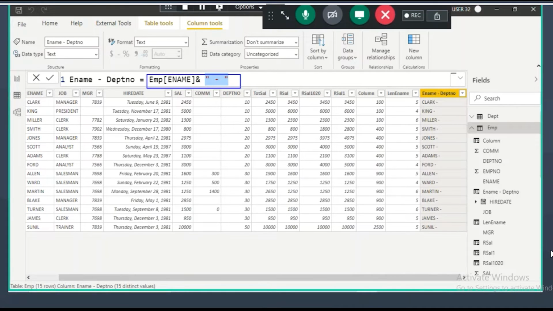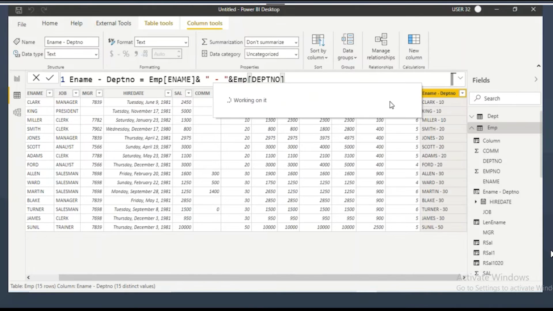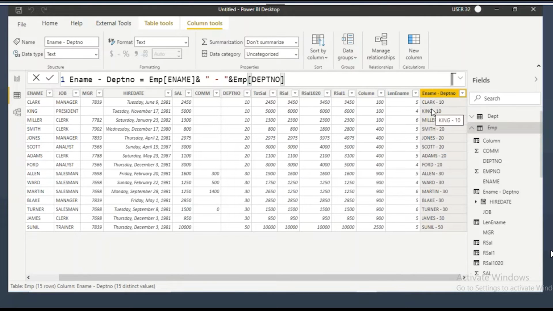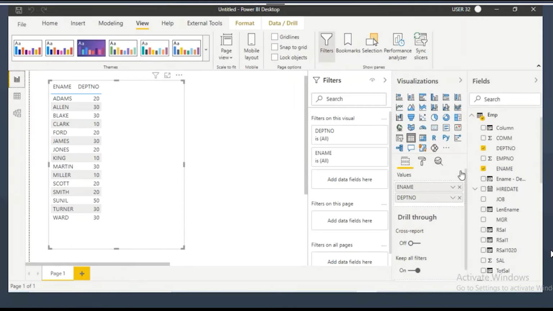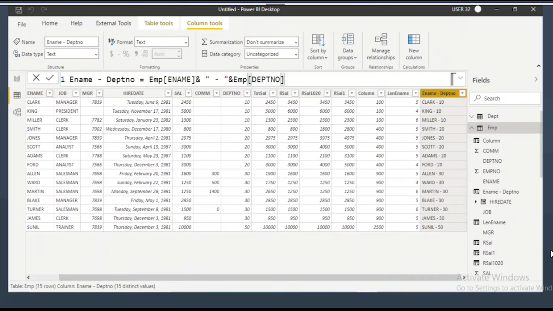To this result, I need to concatenate department number. Go and use another ampersand, and use the department number column here. Now it has both of them, ename and department number. So you can just drag that column so that you can see both of them in a single column. Whenever you need to concatenate multiple columns into one column, you can use ampersand,